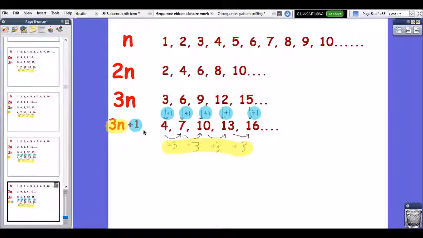What we've just been looking at has been something that we call the nth term. The nth term is when we use algebra to describe a linear sequence. Okay,